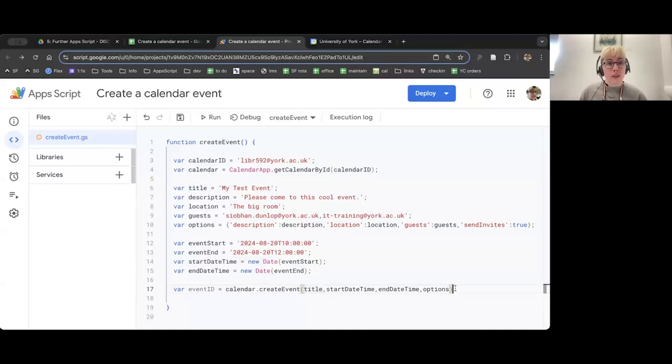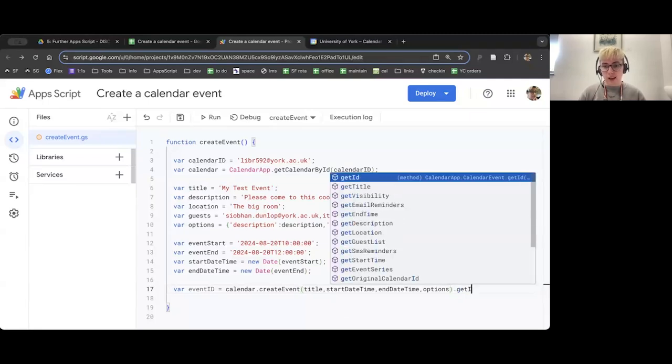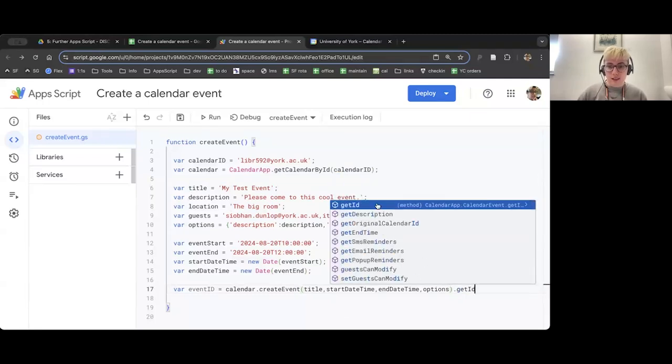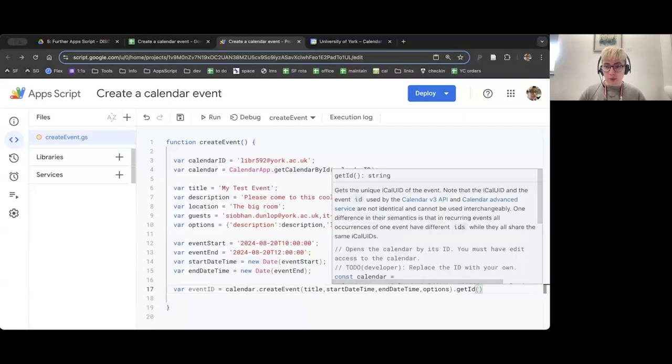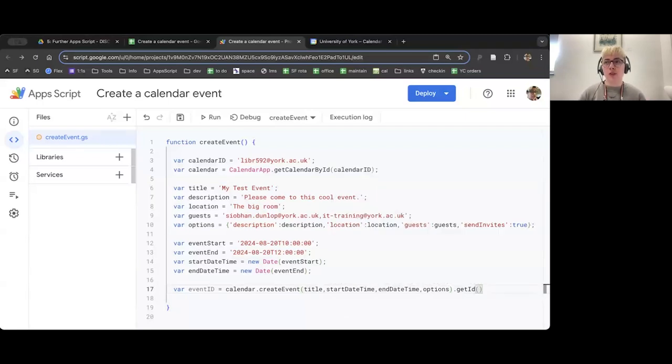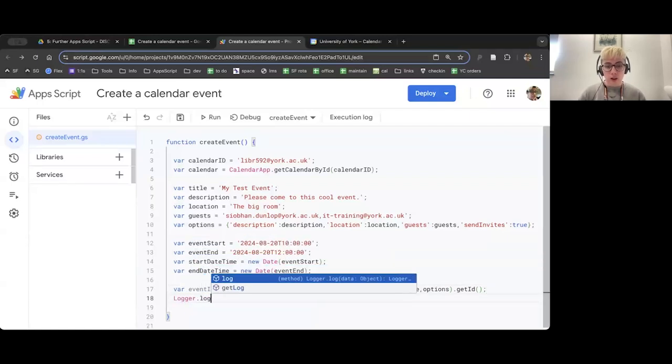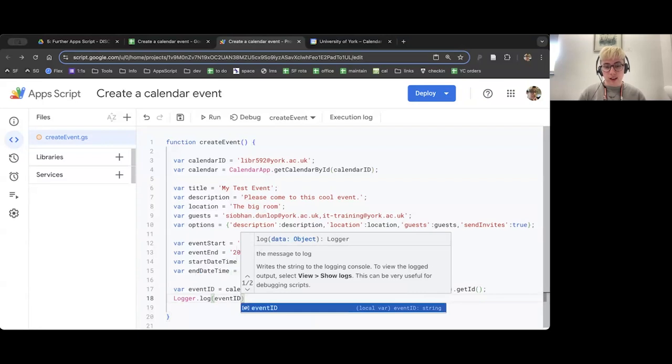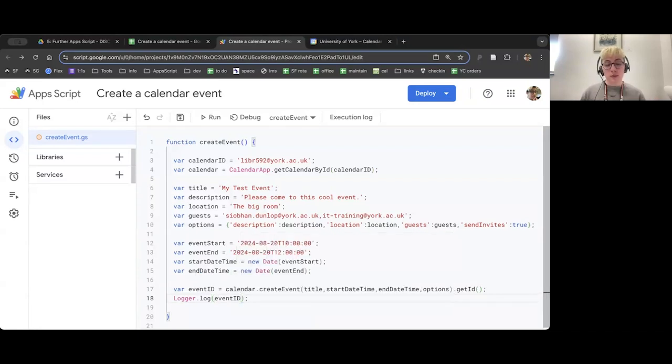So that would actually create the event now. I could stop, save, run that, and it would create my event. But we're getting that ID. So I'm going to do dot getId. Like so. Open and close some brackets, and you don't need to put anything inside them, and then end the line with a semicolon. And this is done, but we're going to be good, and we're going to do a final line, in which I hit enter, and I'm going to write Logger.log, open brackets, and just write eventID, and then end the line with a semicolon. So I can just check that we've got the right thing.